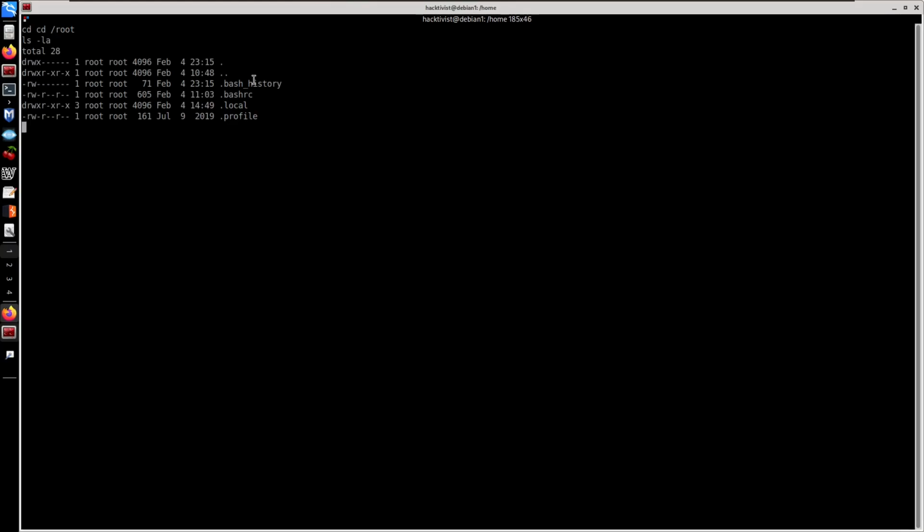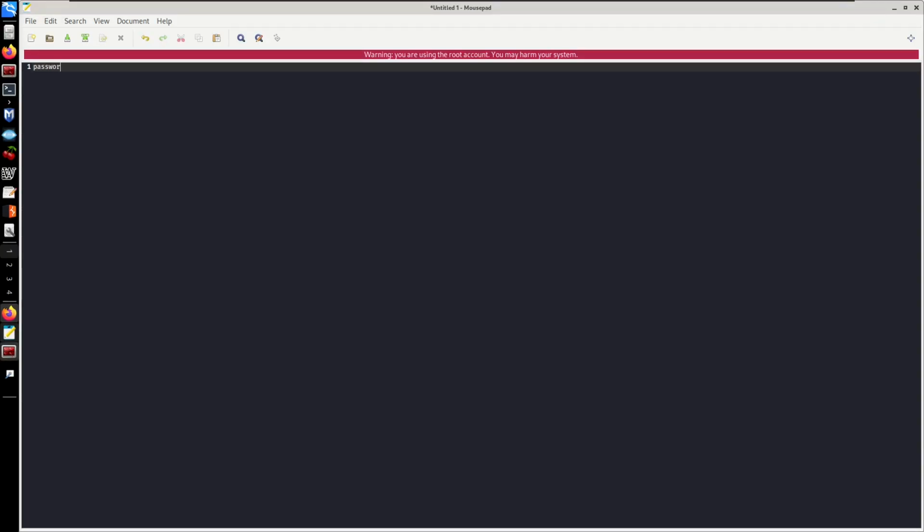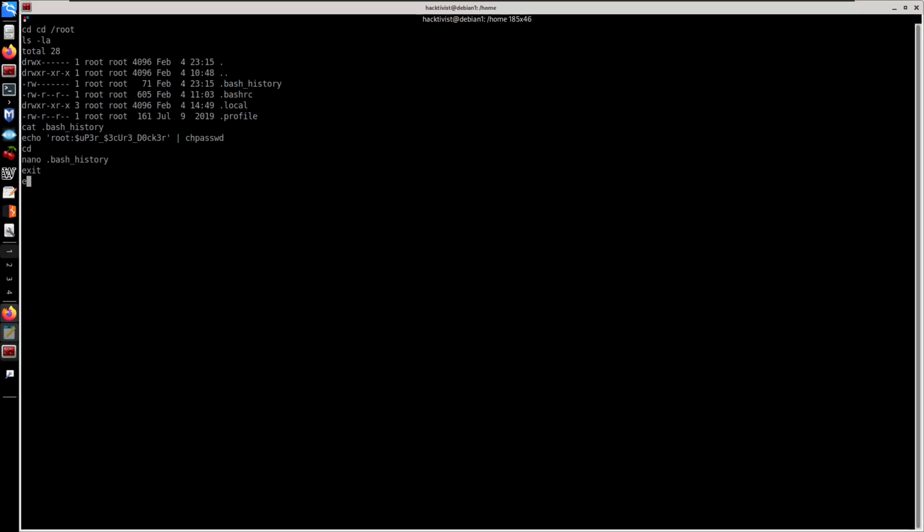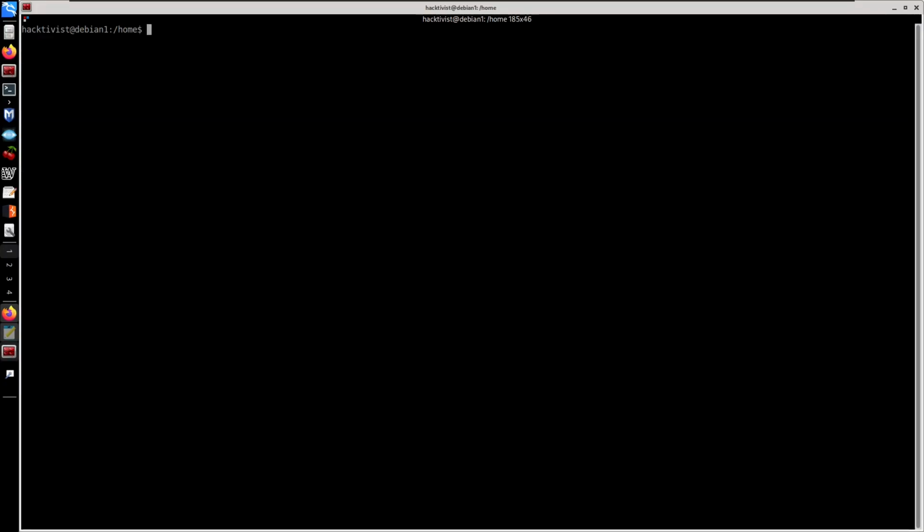We do have a bash_history. We'll cat that out. And under here, we do have a root password for that super secure Docker. I want to put this into my leaf path for the password. I'll just put it in there so I can copy and paste. And now, since we do have the password of root, we can log into root once we do